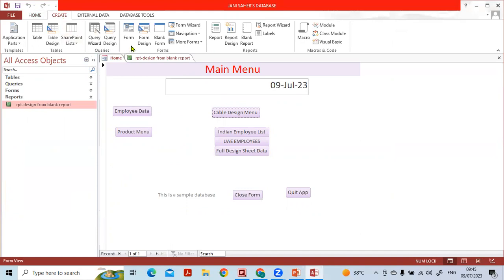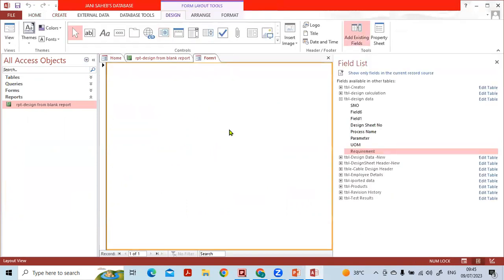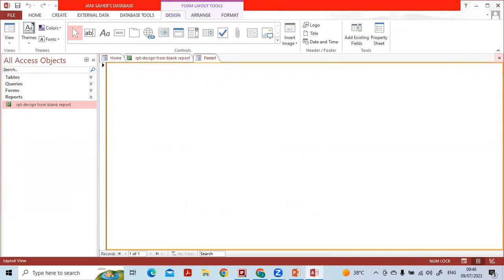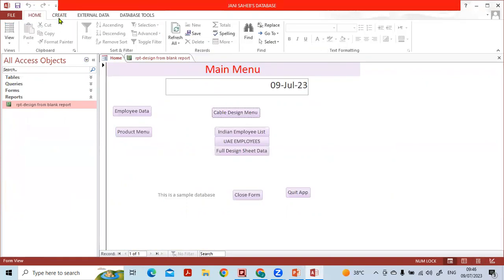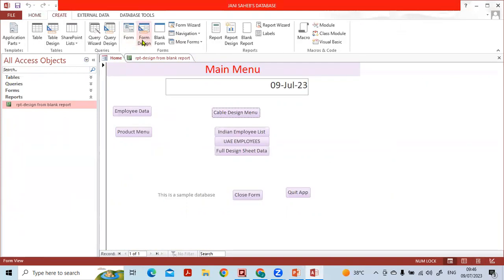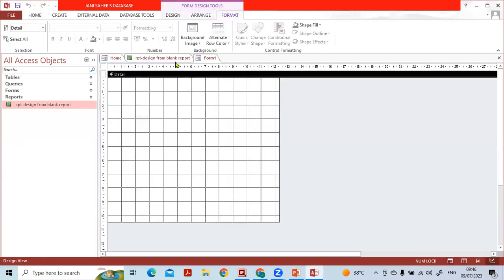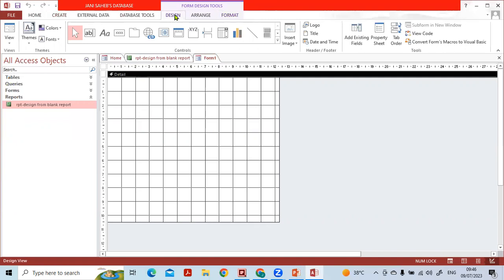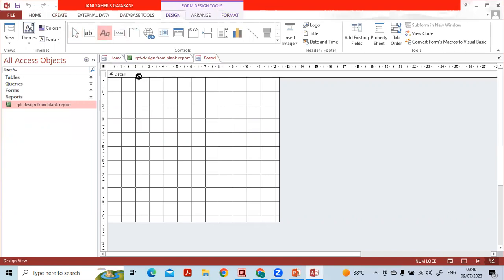Okay, create form, blank form. Or you can say design. One minute. Better we take create form design. Come here, and I want to go to the design tab, and then you give a name here,